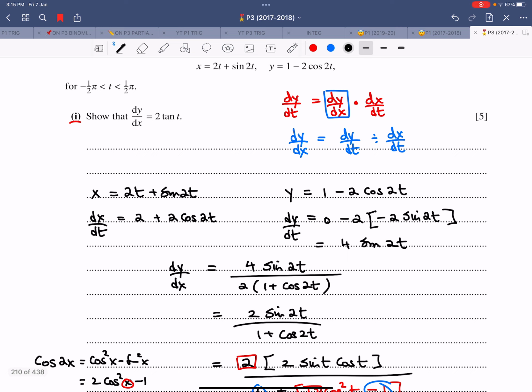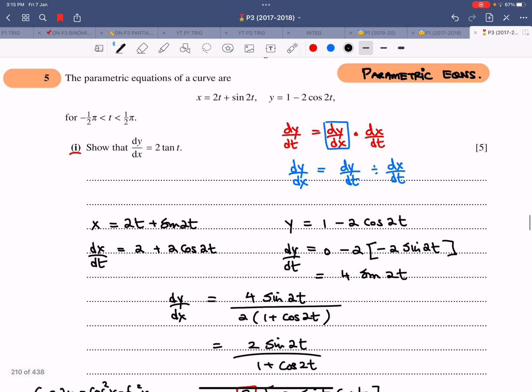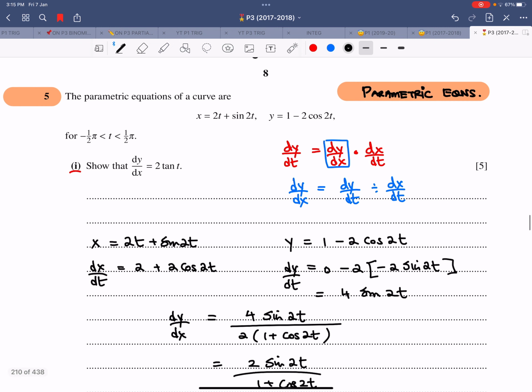Now remember, P3 is about strong usage of algebra. You should have command on factorization, you should have command on simplification, everything to do with algebra, whatever you have learned in basic maths, that will be used over here. So now in this question, there was differentiation as well as usage of double angle formulas and of course algebra.